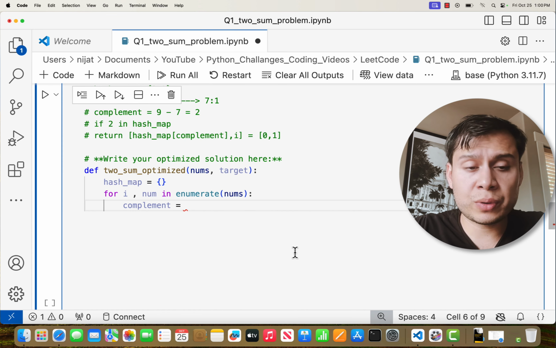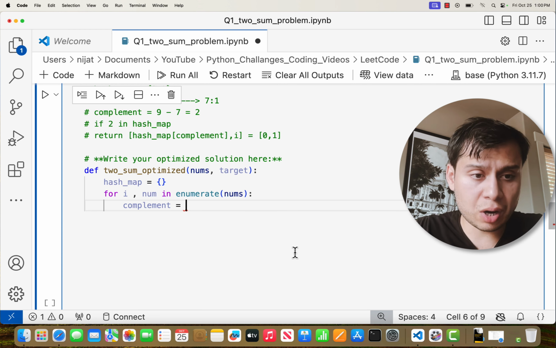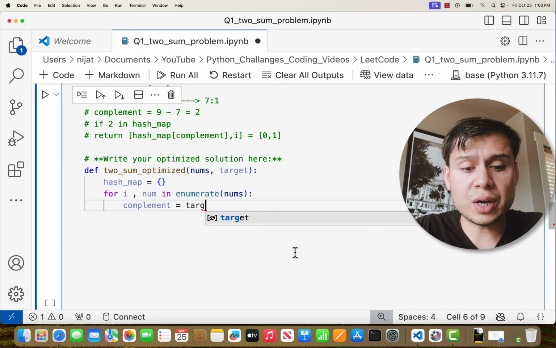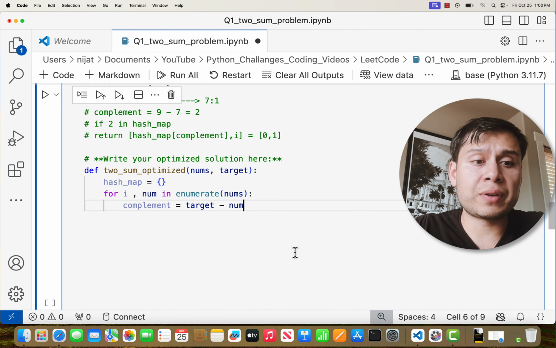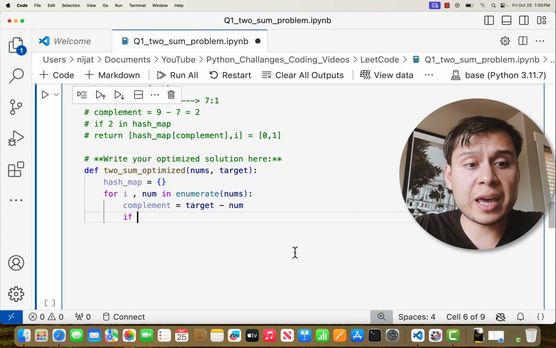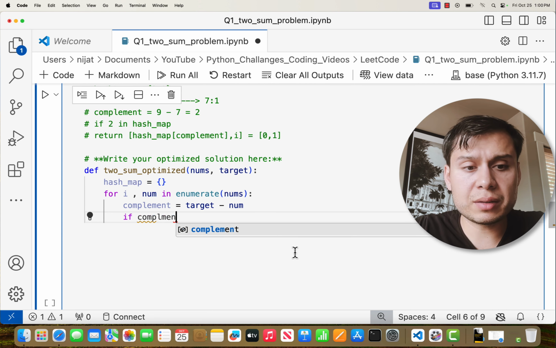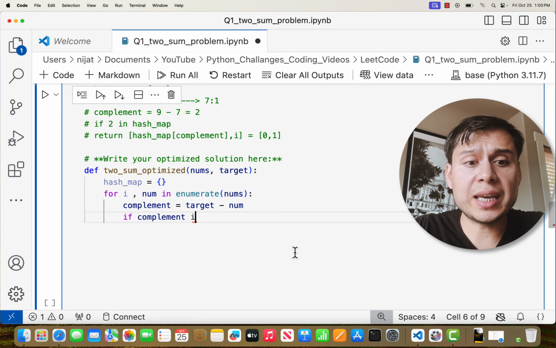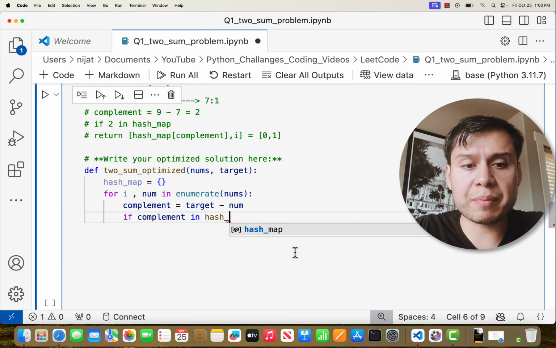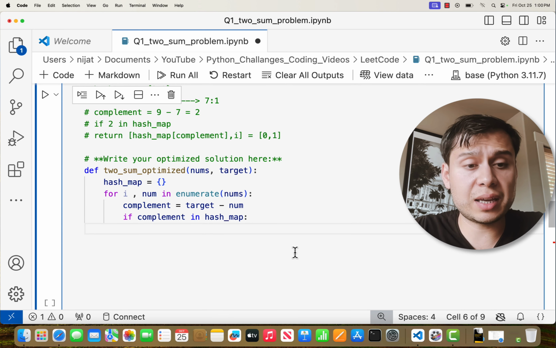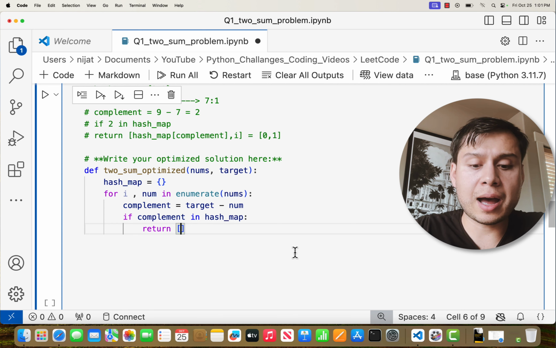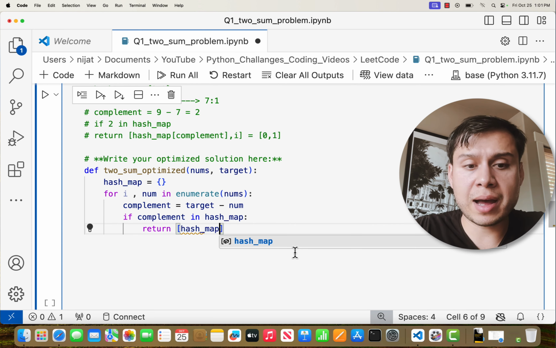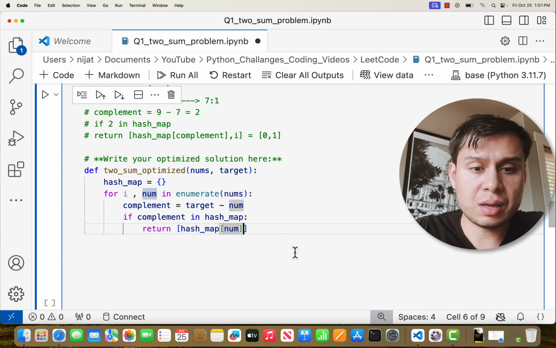And now we're going to calculate the complement. You can call it anything you want. You can also call it difference or something. So I'm going to call it complement. It's going to equal target minus the num. So we just calculated that, and now we're going to check if this complement is in the hash map that we just created. If it is within this hash map, we're just going to return the hash map